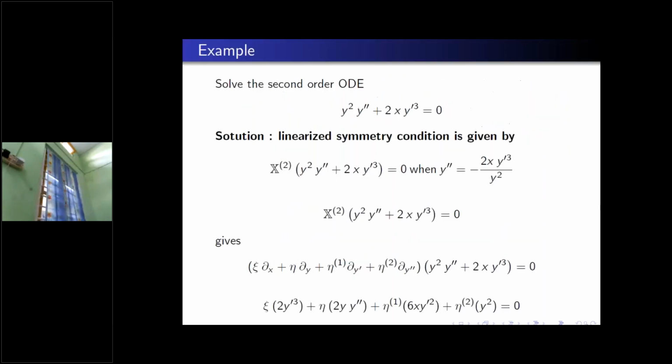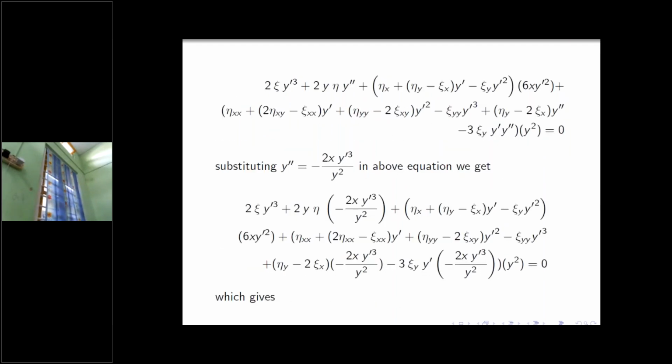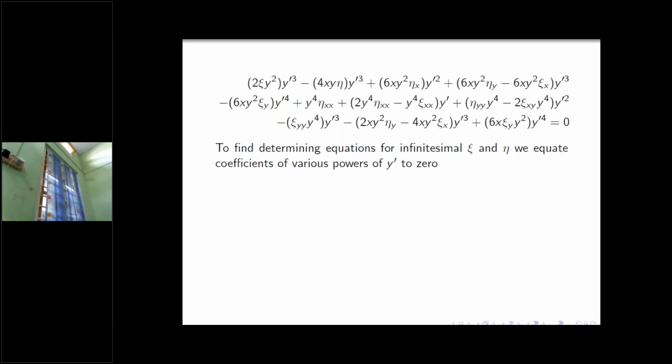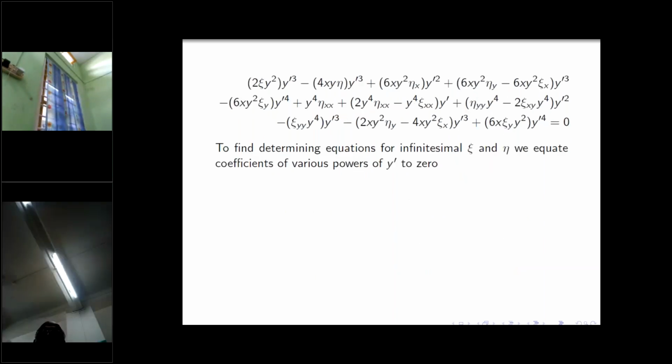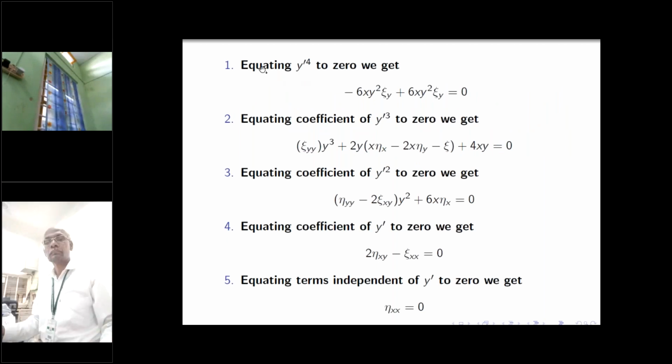So all this calculation we have to do for finding the values of xi and eta. For this purpose, we equate the coefficients of y dash to the power 4, y dash to the power 2 to 0, and we get all these